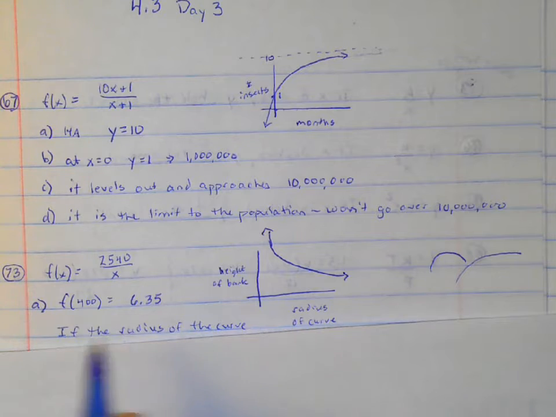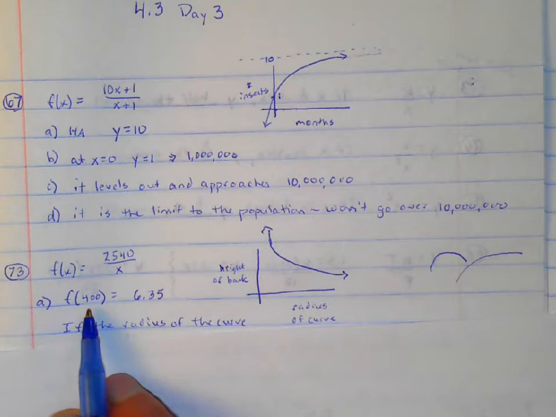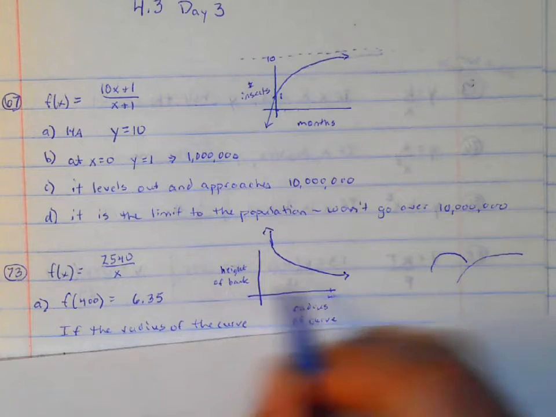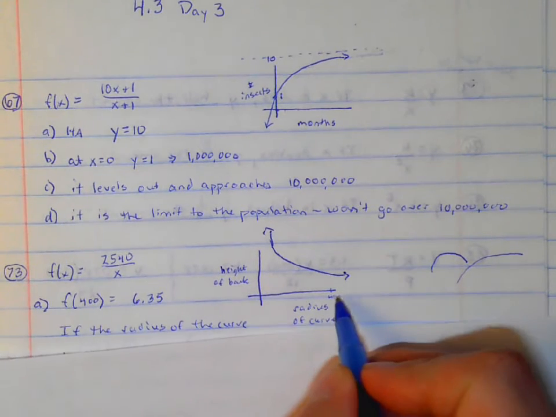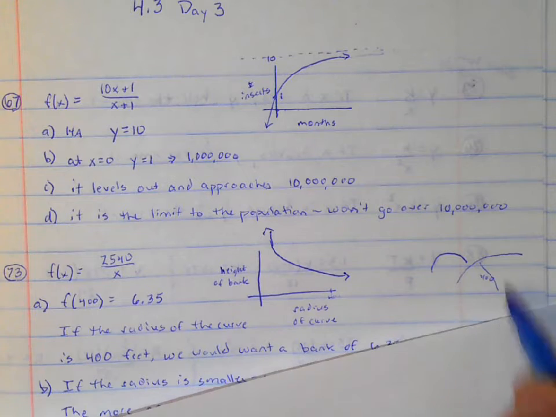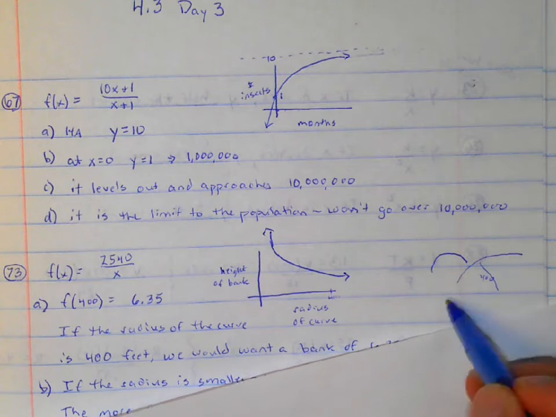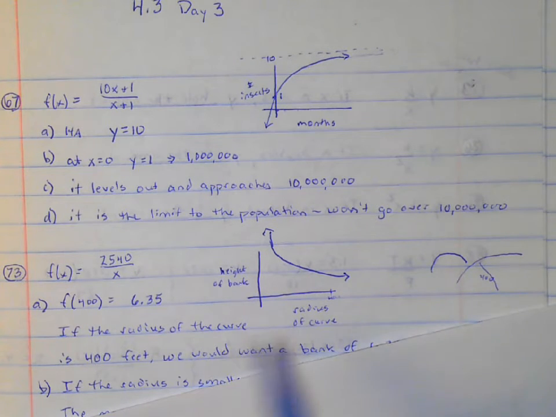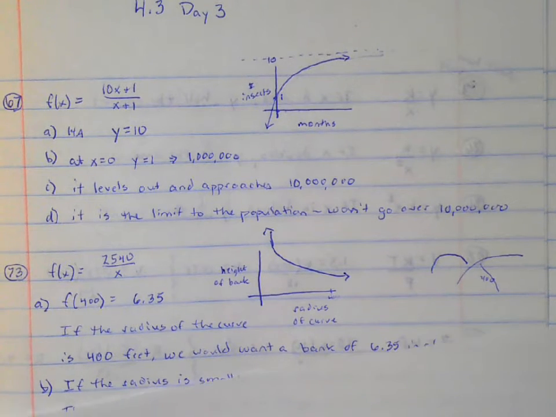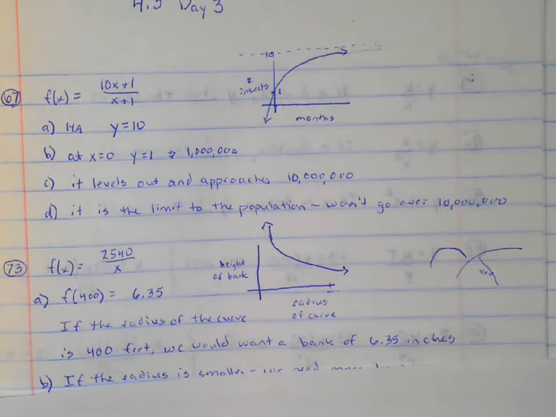Okay, so at f of 400, 400 is the x, your radius. So at 400, you plug this in here, you get this. So it's saying that if I have a radius of 400 feet of that curve, I would need to bank it, the railroad track, 6.35 inches. Okay, part B,